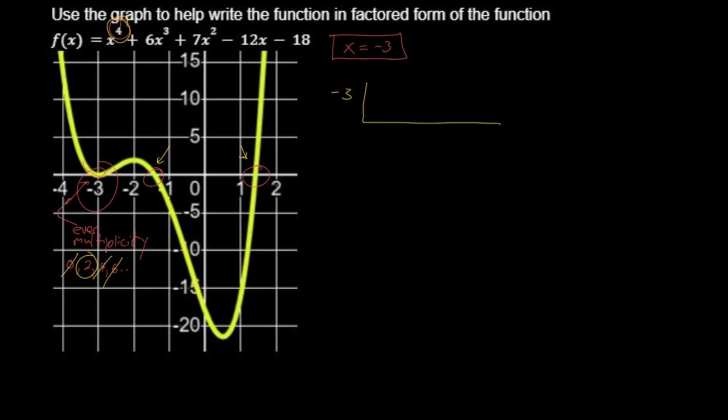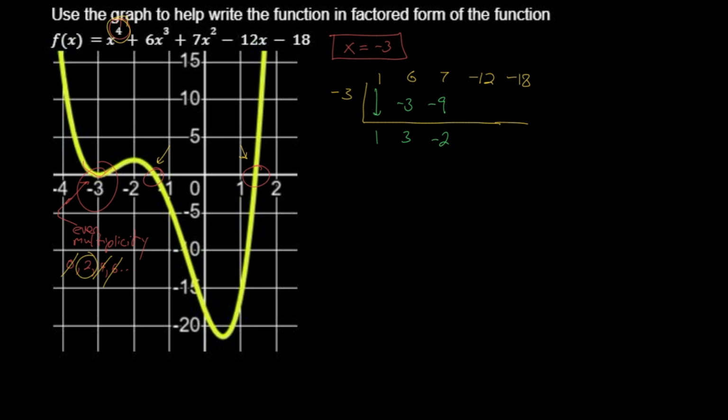So negative 3 is my root. My coefficients are 1x to the 4th, 6x to the 3rd, 7x squared, negative 12x to the 1st, and then my constant term is negative 18. Going through synthetic division, we'll multiply and then add: multiply to get negative 9, add giving us negative 2, multiply